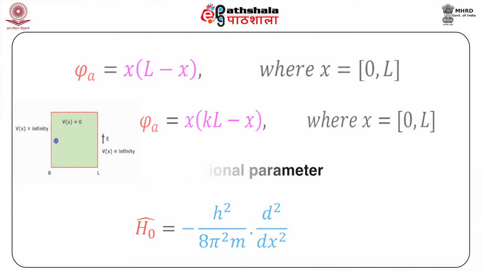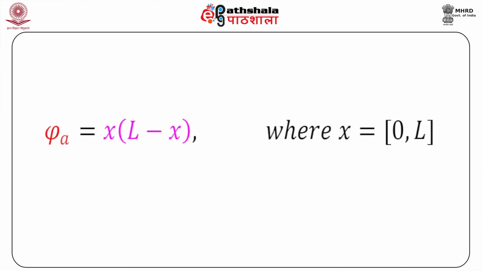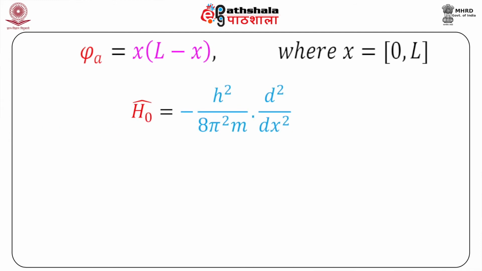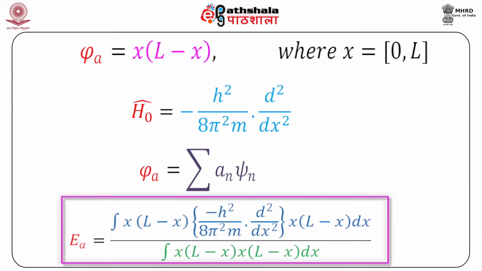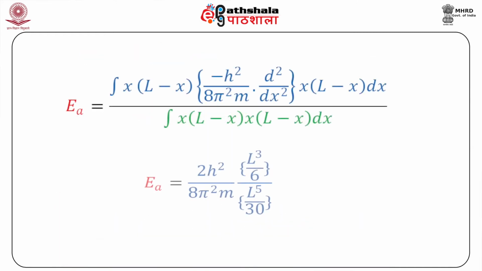Substituting the trial function from equation 3 and the Hamiltonian from equation 4 into equation 1 to calculate the approximate energy gives equation 5, where in the numerator we have the integral of x into (L minus x) into minus h square upon 8 pi square m into d square by dx square into x into (L minus x) dx, upon, in the denominator, the integral of x into (L minus x) into x into (L minus x) dx,